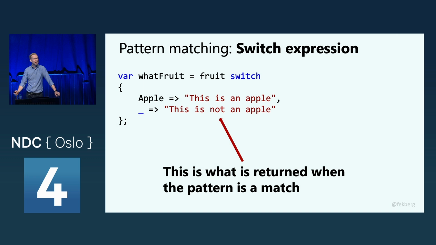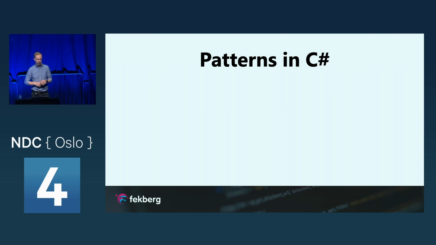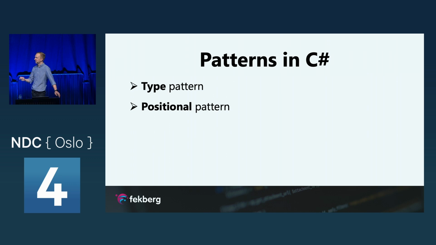Now, there are a lot of patterns. So I said that C# 8 and 9 and 10 and 11 introduces some enhancements to pattern matching. That's an understatement. Because of course it's powerful enough to be able to say, what type is this? But I'd also like to be able to check on a couple of more things. So we can do a type pattern. So this is all the patterns available in C#. We're going to jump over to some code and explore this as well. We can also use something called a positional pattern.